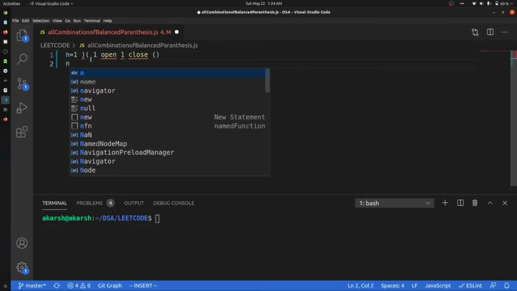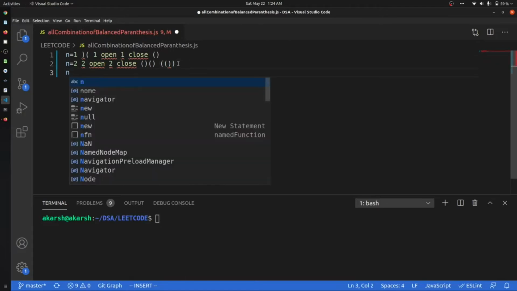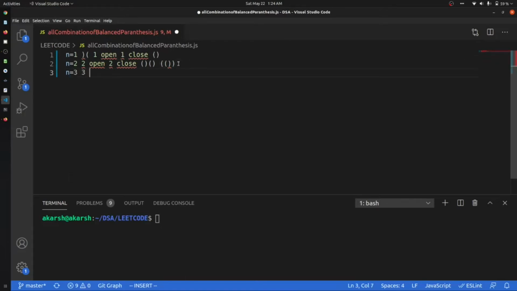Let's take another example, n is equal to 2. It says that we will have 2 open and 2 close. So what can the output be? One will be this and another can be this, one inside another. These both are correct. And let's say n is equal to 3 also. It means 3 open, 3 close.